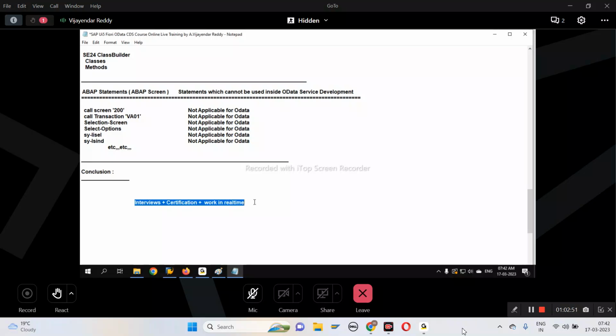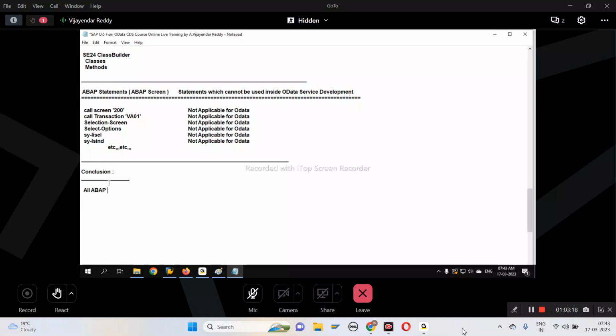That's the reason why our duration is more. If you want me to take a practical example directly, we can directly kickstart with that, but you cannot completely succeed with that. So our training should target interviews, certification, as well as how to work in real time. It's a combination of all these things. That's the reason why we'll go step by step. So the conclusion here is